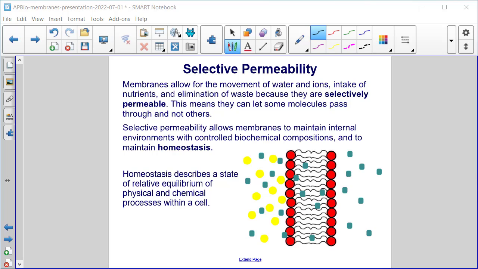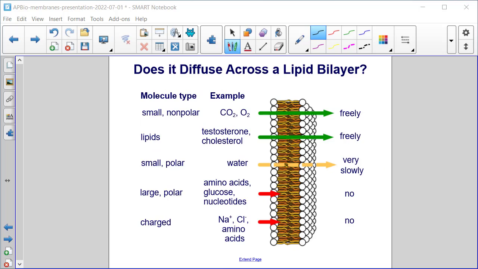So you can see if this is the internal environment over here, this membrane is allowing for the passage of the bluish green particles, but not the yellow. So we're maintaining an environment over here that if we were to allow these yellow molecules through, would not be the same. Okay, so membranes allow for the movement of particles selectively in order to maintain the homeostasis of that internal environment. There are some molecules that can freely diffuse across a lipid bilayer,